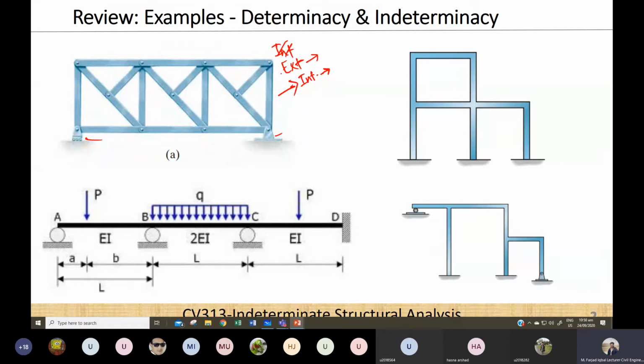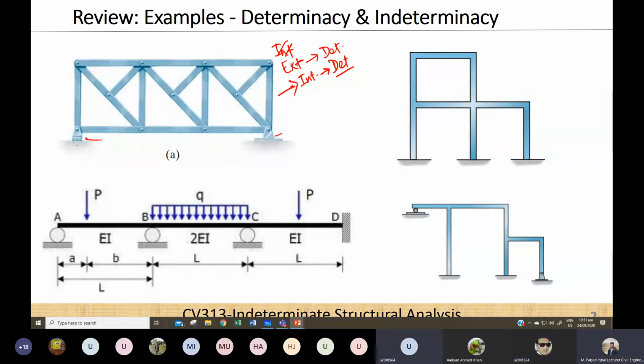Determinate. The first one, 19 is equal, 22 is equal to 20. So is it determinate? Internally determinate or not? Internally determinate. And externally? Sir, indeterminate. Internally or externally? Externally. डिटर्मिनेंट है दोनों।